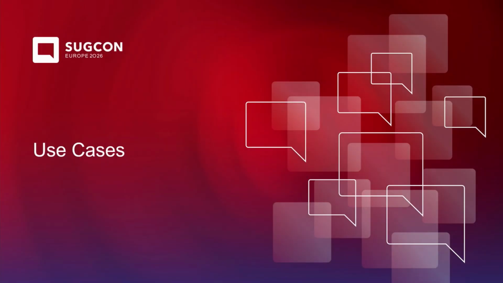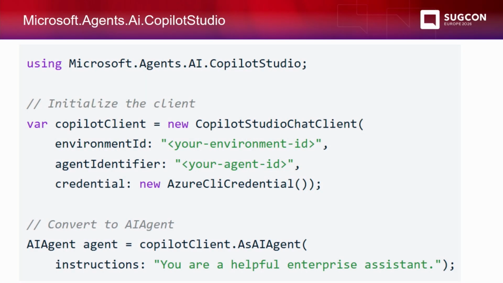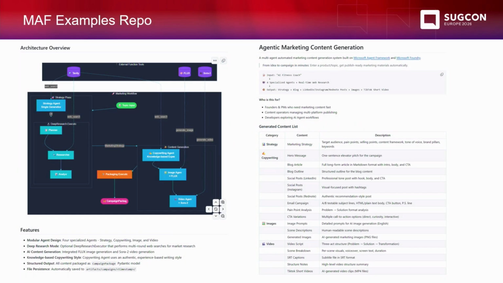Okay, so then to look at some use cases in the last 5 minutes, you can see one really good use case. Lots of companies will be restricted that they're allowed to use Copilot, but perhaps not allowed to use other things. So you could be building your Microsoft Agent Framework agents and workflows, and then registering those in Copilot Studio. And then as an example repo that Microsoft Agent Framework has, you can see here a strategy